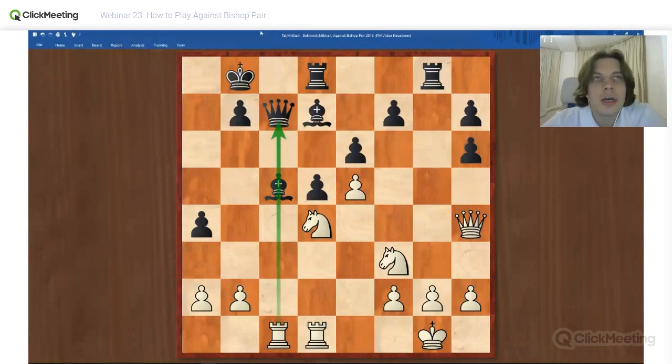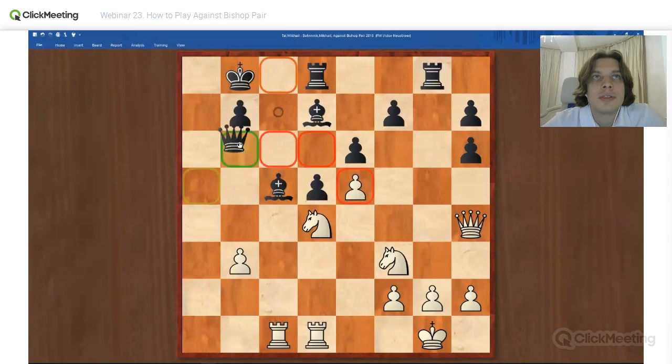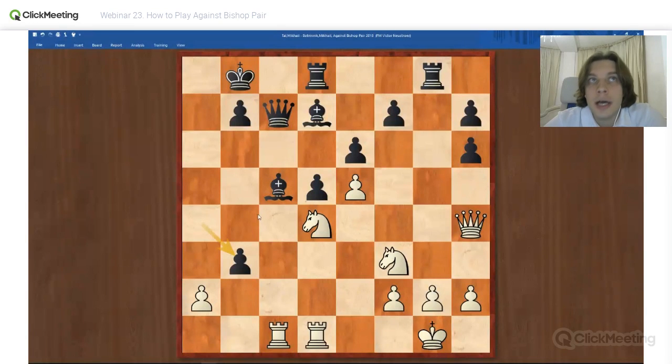Okay, I see. Anusha, I think you are mistaken. b4 is a good move, of course, but if here you take with the pawn, then at least he can play queen a5 or queen b6. And b4 is not a good move in this position. Knight should take here. If knight takes, then it's fine.